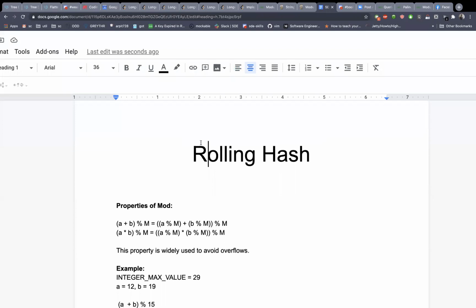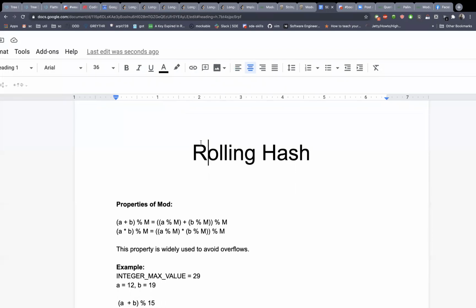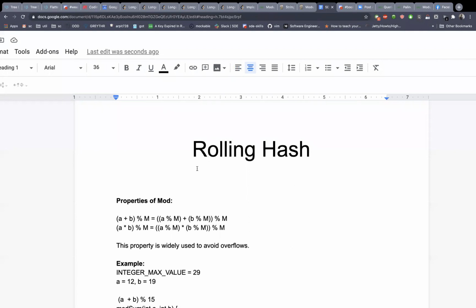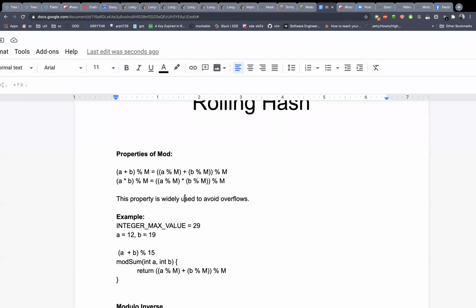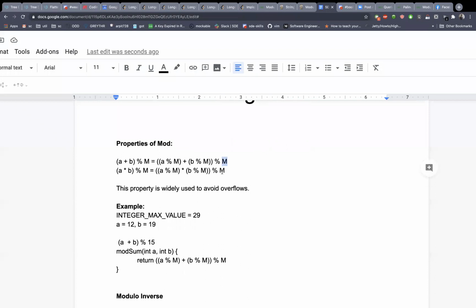So before we get into the actual problem, let's first spend some time understanding some properties of modulo arithmetic and how they are useful. One property of mod that we have is (a plus b) mod m can be represented as ((a mod m) plus (b mod m)) mod m, the modulo of the whole thing. This property is very useful when you want to perform a modulo operation. The representation (a plus b) mod m looks pretty simple, so most of you would be wondering, then why do we need such a representation and what's the use of it?